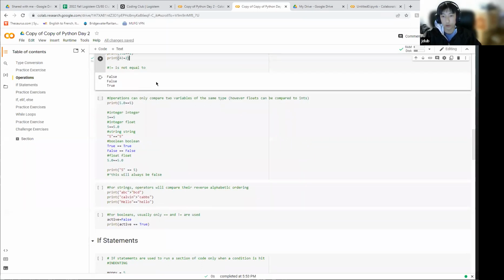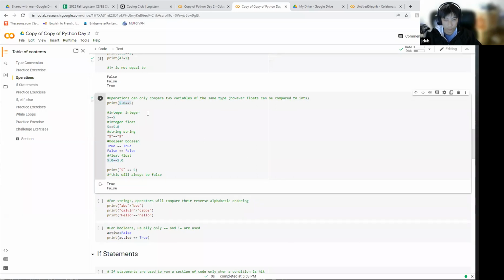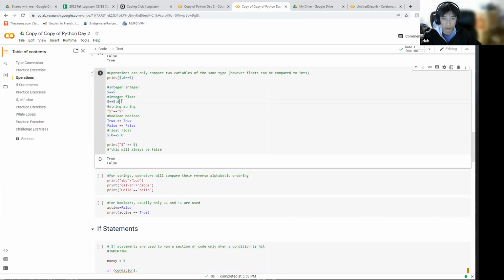Operations can only compare 2 variables of the same type. However, floats can be compared to ints. So for example, 5.0 can be compared to 5, and this will return true. So this would be an integer to integer comparison, 5 and 5. Integer to float comparison, 5 and 5.0. String to string comparison, 5 and 5 again, but in strings. And Boolean to Boolean comparisons, which